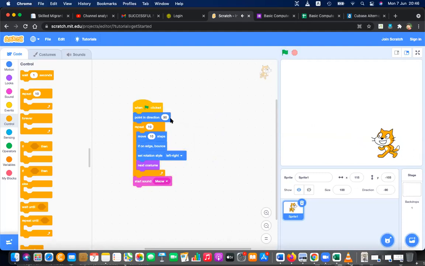When I start, it's trying to point in direction 90. That's the reason. I'll put it like this. I'll put 100 steps. Now you can see what's happening. Okay, it moves in both directions perfectly. So this is called repetition. I repeated 100 times, so the cat is moving 10 steps 100 times and coming back to the position. Okay, can you apply repetition also? In the next one, we'll apply a background and also let's apply